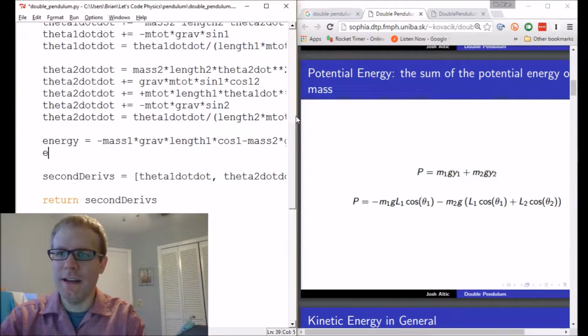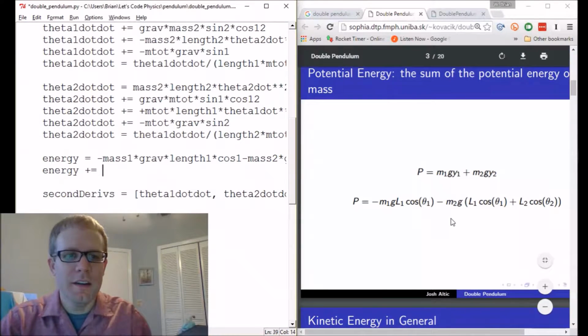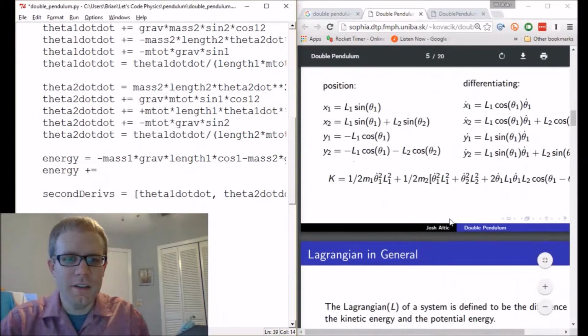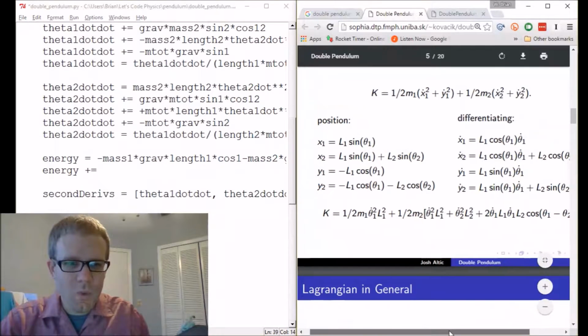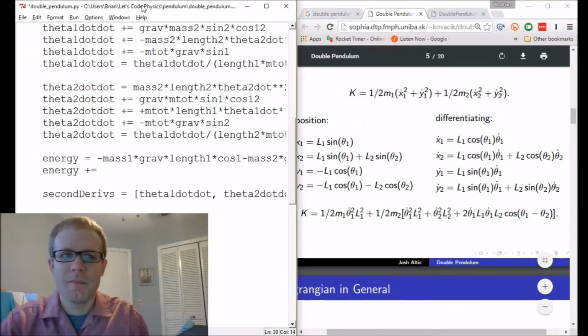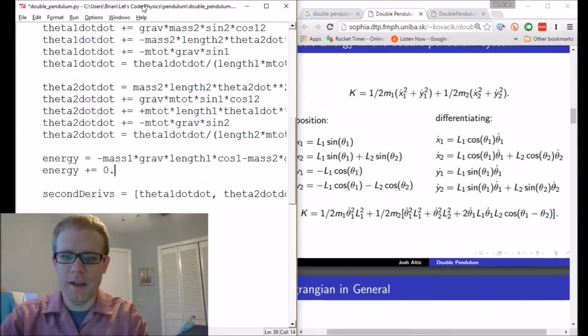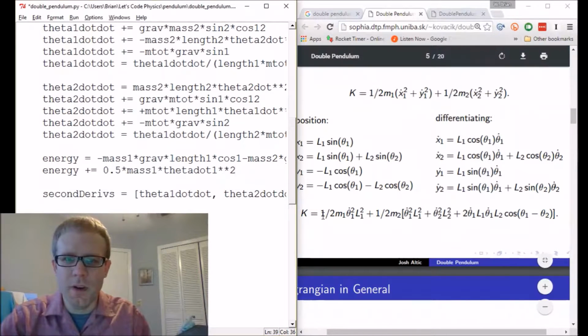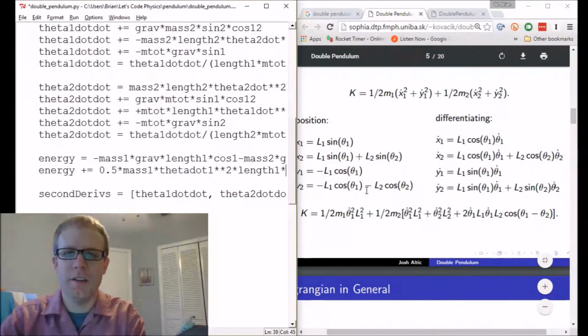And then I need to add to that the kinetic energy, which is a bit lengthier. So we'll have a half times mass 1 times theta dot 1 squared, right? 1/2 mass 1 theta dot 1 squared times length 1 squared